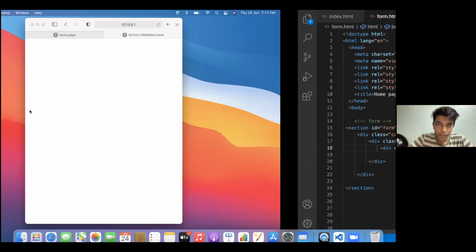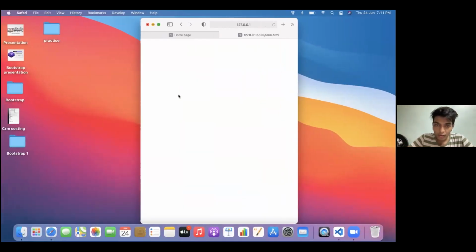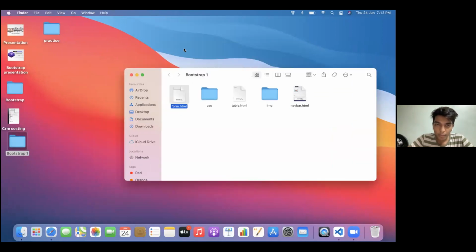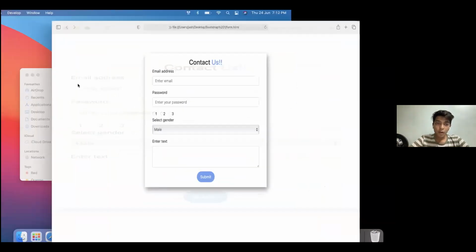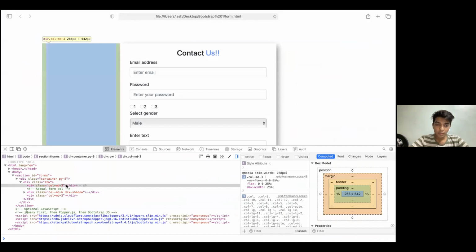Let's just inspect the first part so that you can understand why we are doing that. Let's go, and I'll just full screen it. Okay, so see this part that I provided right now. I want my form in the middle, and column 6 doesn't provide me with that.